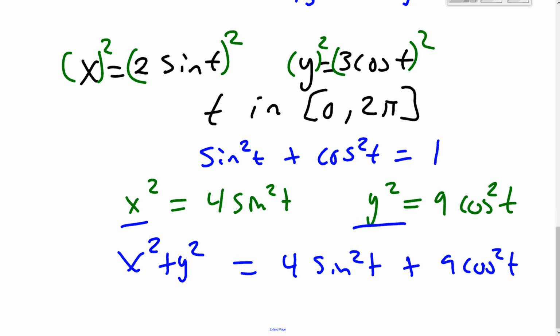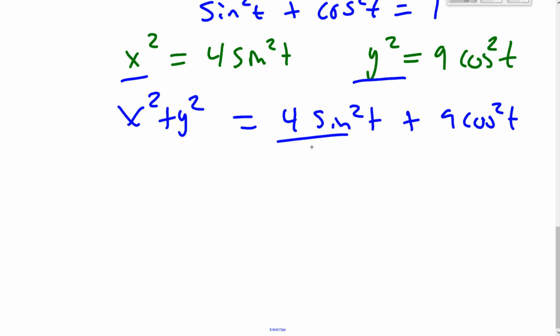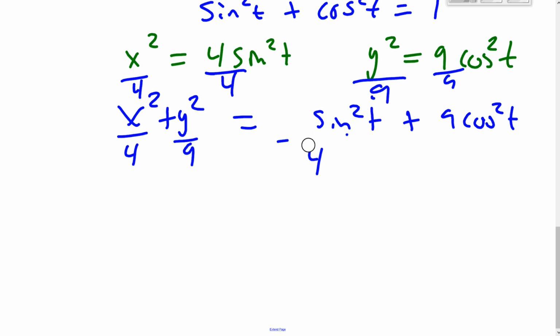Now I'm going to divide by 4 and divide by 9. I should probably do that over here: divided by 4, divided by 4, divided by 9, divided by 9. Then that gets rid of those. So x squared over 4 plus y squared over 9 equals sine squared plus cosine squared. Sine squared plus cosine squared equals 1, because it's the Pythagorean identity. And now this looks like